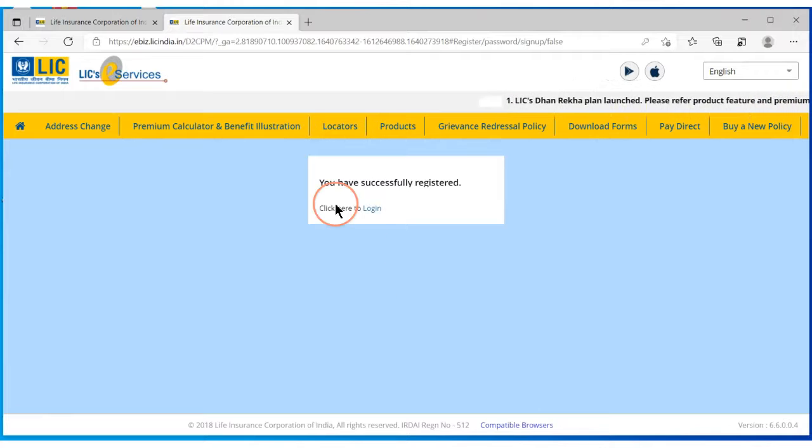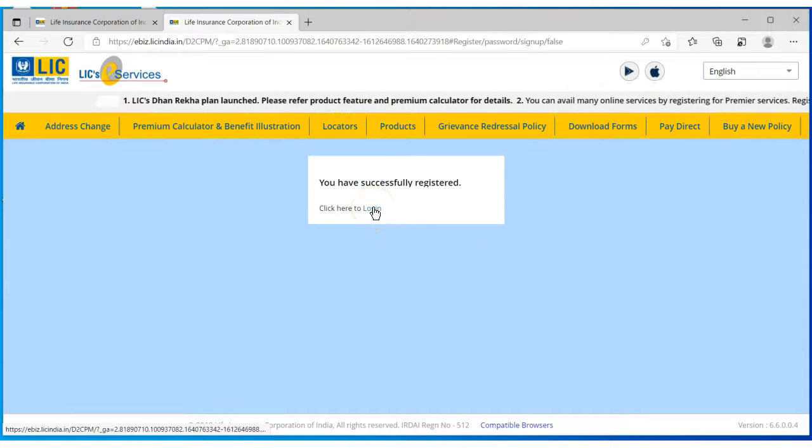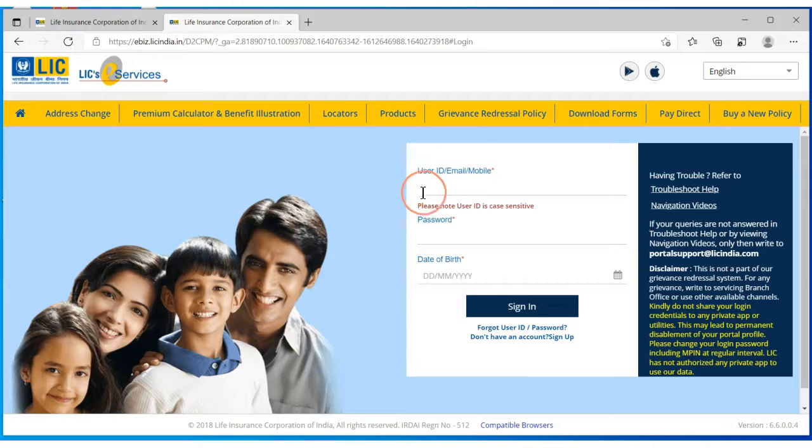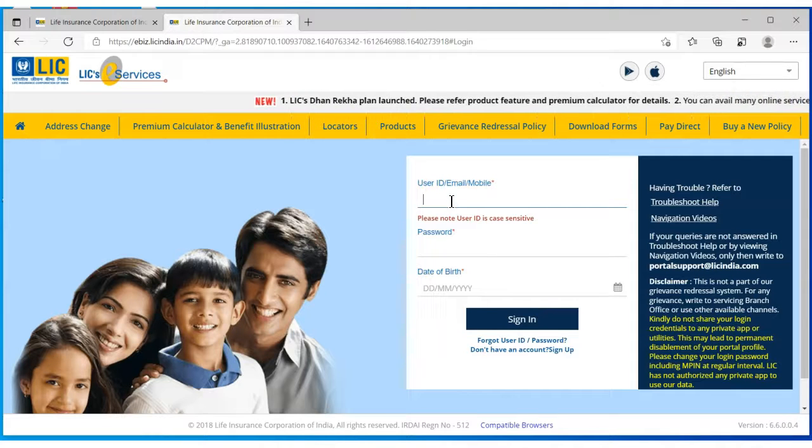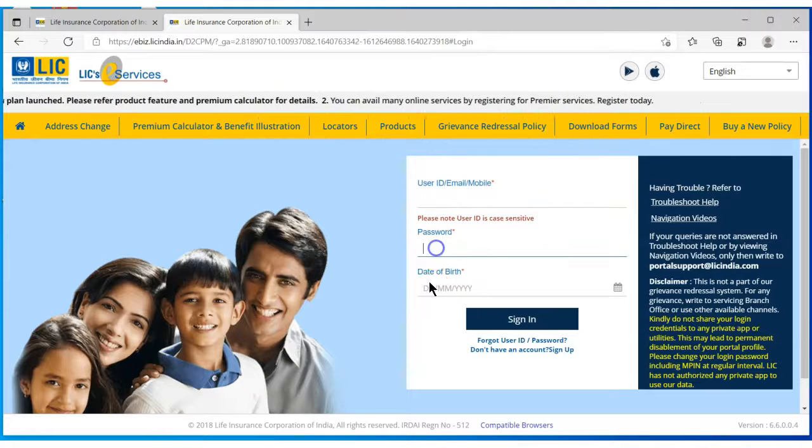Once I do, it clearly says that you have successfully registered, and click here to login. So your registration process is successful. You just click here to login. I'll just click here. So now you can see that it is asking you for a user ID or your email address or your mobile number, the password you just created, and the date of birth you have given while creating the account. Here we have given our email ID plus mobile number, so one of them you can give. I will try with my mobile number. So fill in the mobile number, password and date of birth here